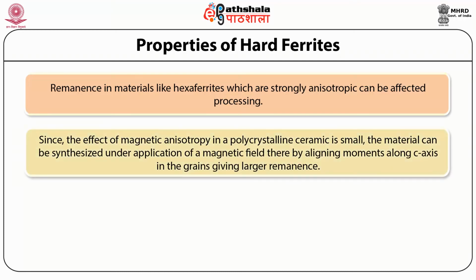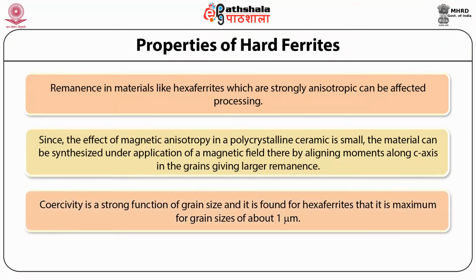Since the effect of magnetic anisotropy in a polycrystalline ceramic is small, the material can be synthesized under application of a magnetic field, thereby aligning moments along the C-axis in the grains, giving larger remnants, and hence the coercivity is